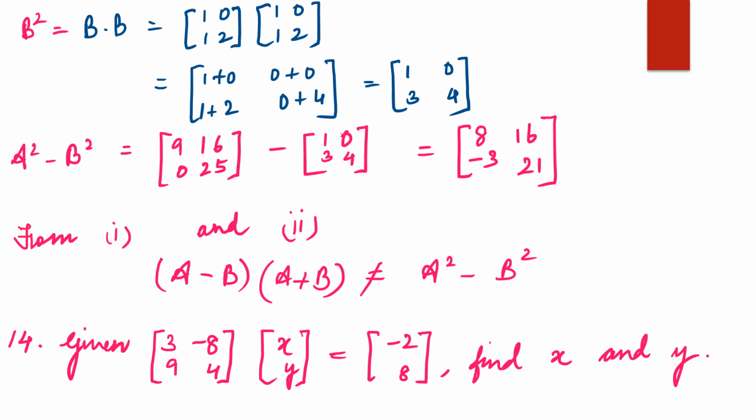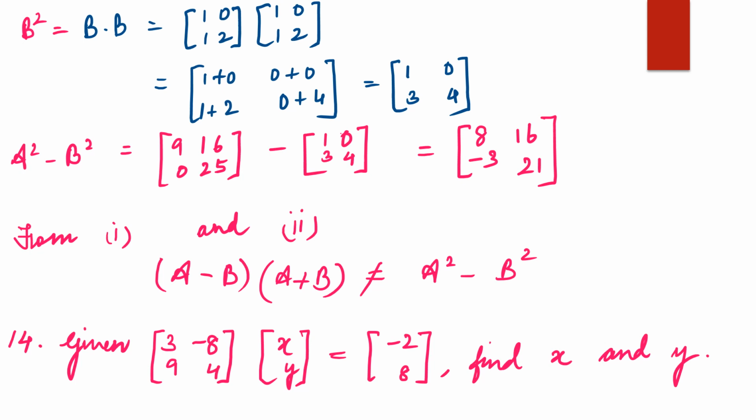1012 into 1012 is giving you 1034. A square minus B square will give you 916,025 minus 1034. That is 816 minus 321. Clearly from 1 and 2 we see that (A minus B) into (A plus B) is not equal to A square minus B square. Okay,